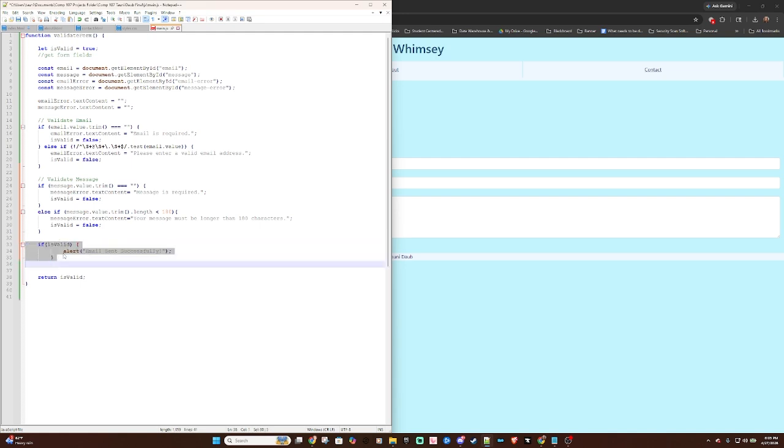if isValid equals true, because right here we're setting it to false, but here it's true. So if it goes through all of our tests and it's still good, then we'll get an alert that says the email was sent successfully. And this uses the assignation of variables, some if testing, some functions as far as form fields, and the practice with the alert box. So kind of a well-rounded, small little bit of form play JavaScript